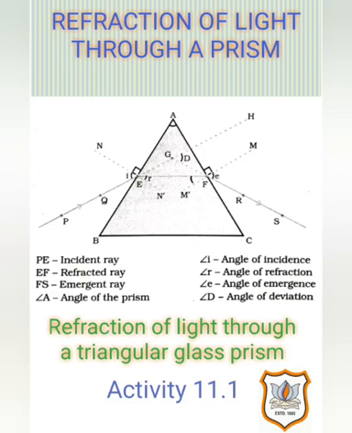The new concept: D is angle HGS. It is the angle through which the incident ray is deviated as it passes through the prism. Now, the angle of deviation depends on the angle of incidence, the angle of the prism, and the nature of the material of the prism, as it depends on the refractive index of the material.